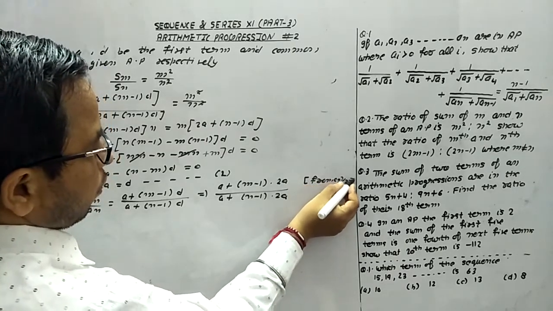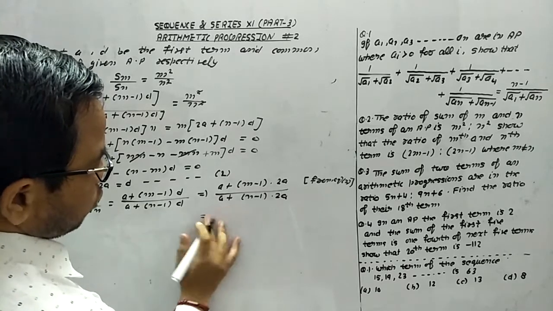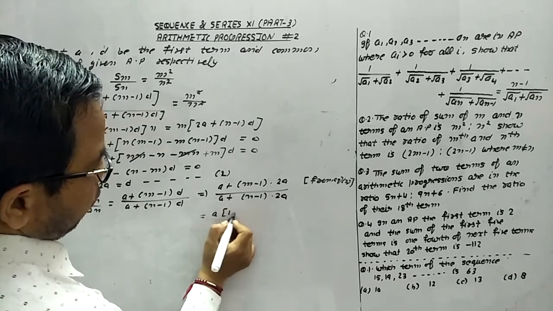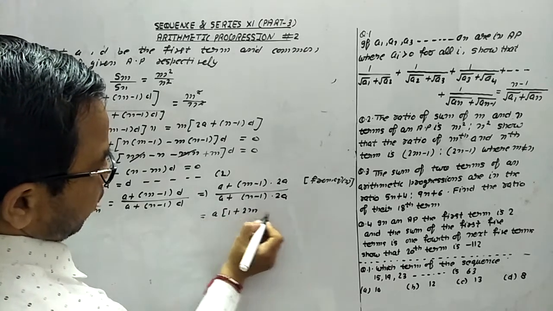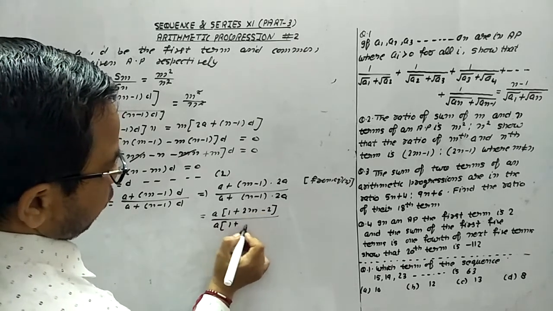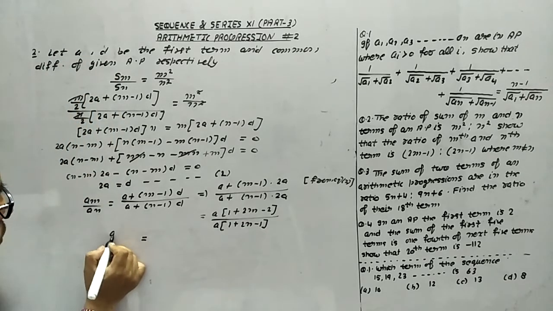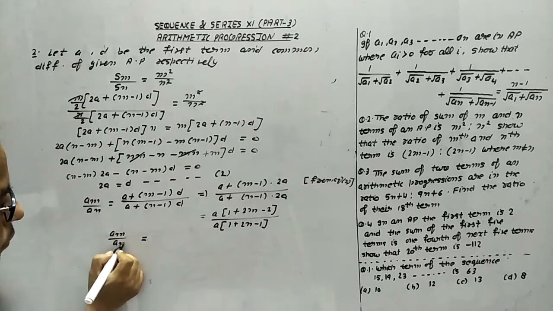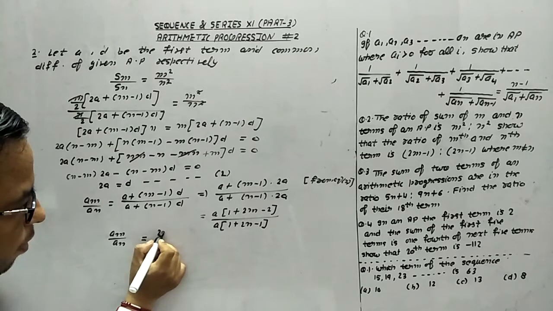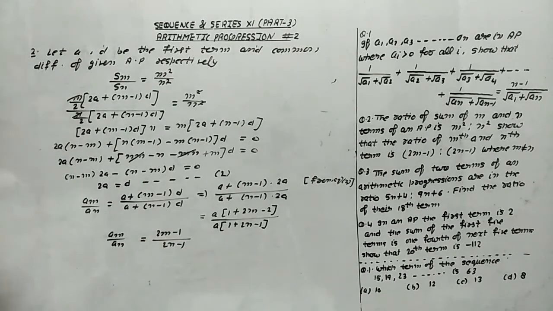Now from equation 2, this value. What is common? 2a, a is common. What is left? 1 plus 2m minus 2. Here also a is common. What is left? 1 plus 2n minus 1. It means this becomes am upon an is equal to 2m minus 1 upon 2n minus 1, and this is